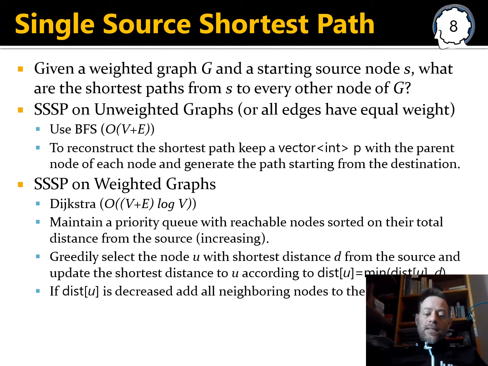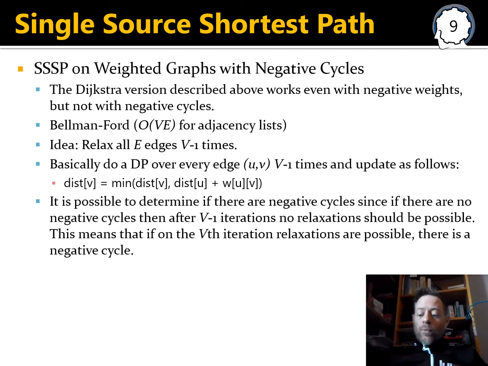And if this distance is decreased, add all neighboring nodes to the priority queue. So this again is a very simple and elegant method for computing all the shortest paths in a weighted graph. However, there is one important